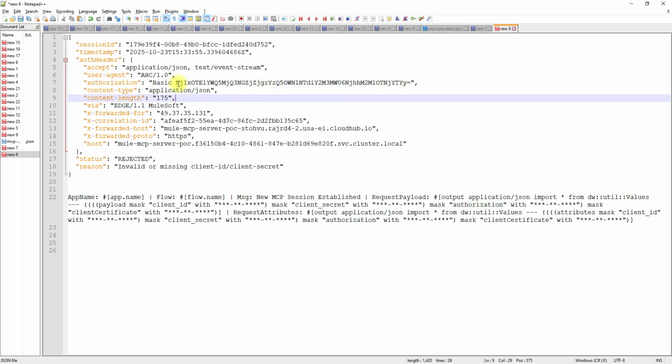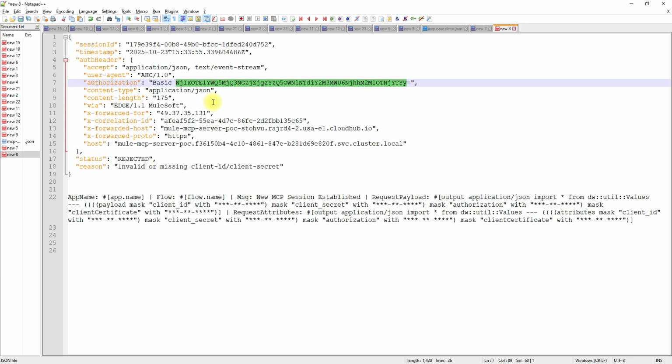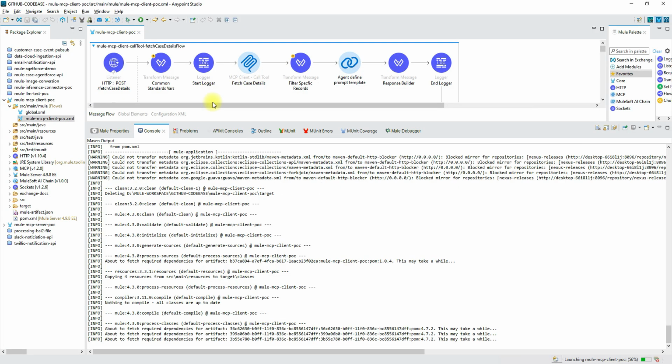It will look like Basic, and this will be the encrypted version of our username and password. This basic authentication is nothing but the client ID and client secret itself. So we will see when we pass this client ID and client secret through Postman,